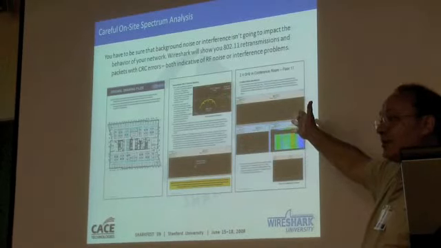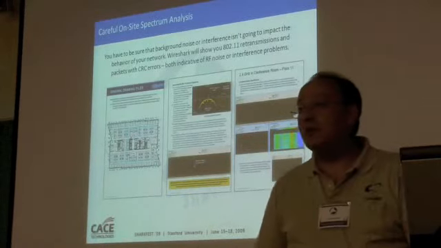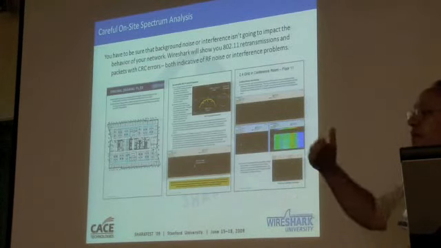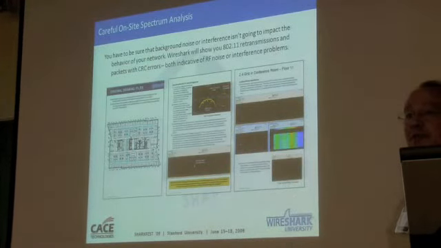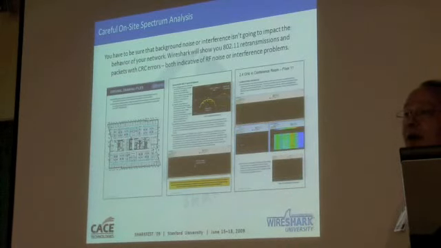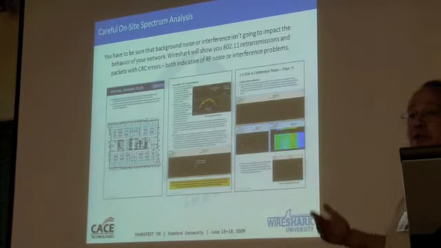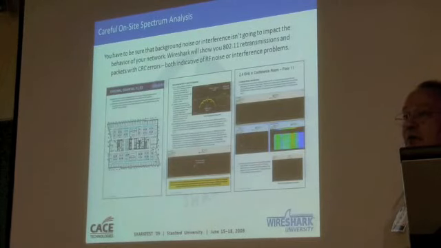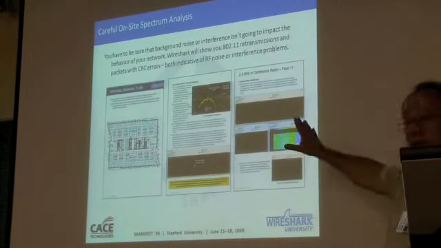But Cognio is a spectrum analyzer, whether it's Cisco's version or Air Magnet's version, it's the first step into true spectrum analysis. Prior to that, get Wi-Spy. Go buy Wi-Spy for $100. It'll let you see that there's a microwave oven that's blasting your wireless network. And so we use those tools.